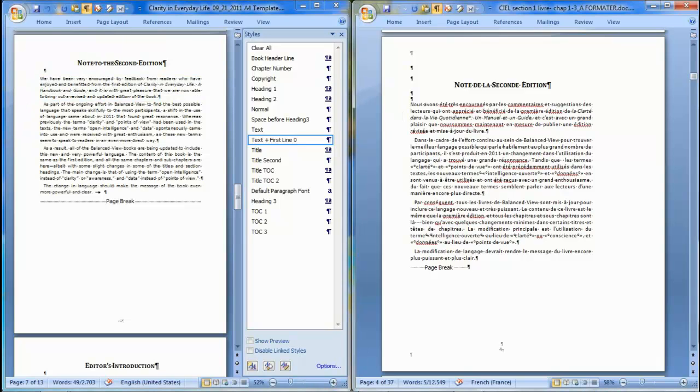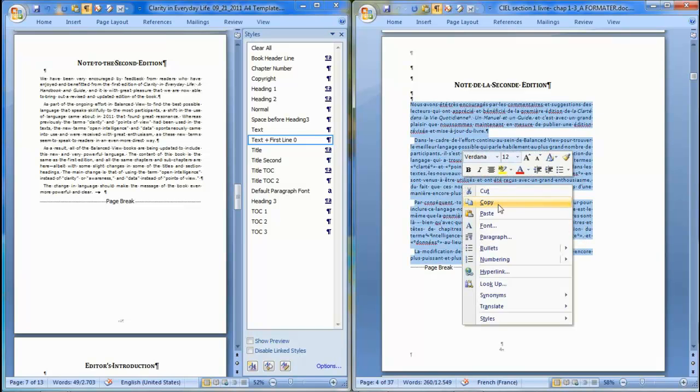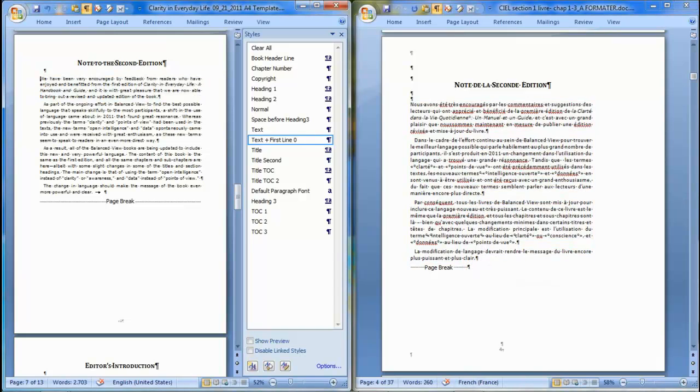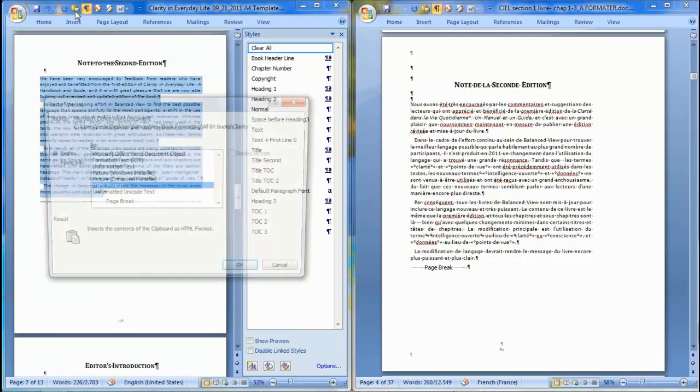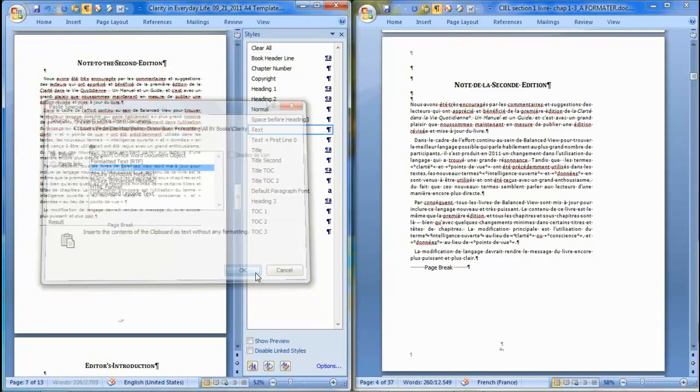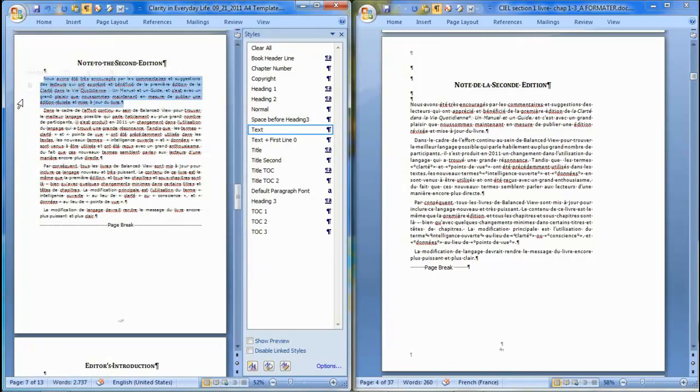So for example, I can take the whole text here, I copy, and I paste it here. Paste as unformatted text, and then I can select the first paragraph, and I can press text plus first line 0, and the other two should be already in their text style. So that's perfect. And I can go into the next page,